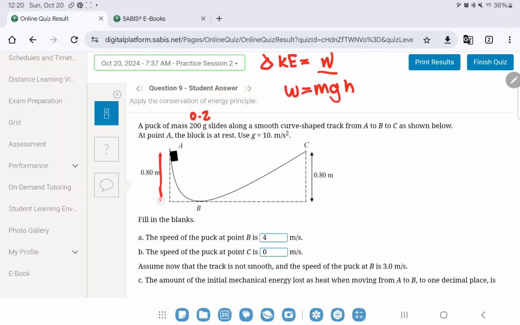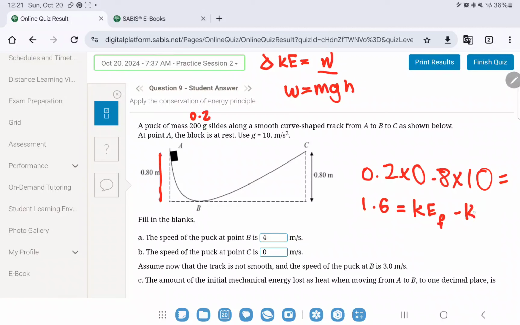You have your height, which is 0.8. So you do 0.2 times 0.8 times 10, which gives you 1.6. So that is delta KE. We know delta KE is the same as kinetic energy final minus kinetic energy initial, which we could substitute by writing 1.6 equals half,